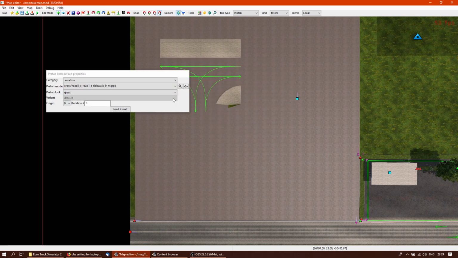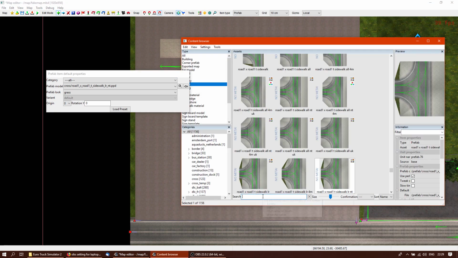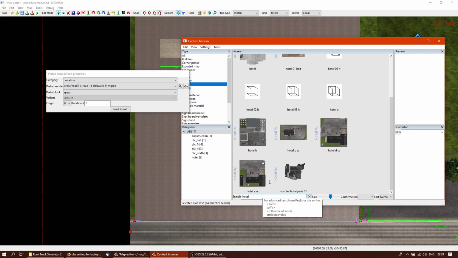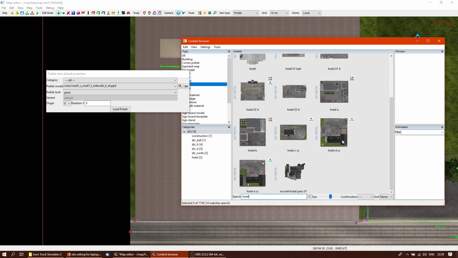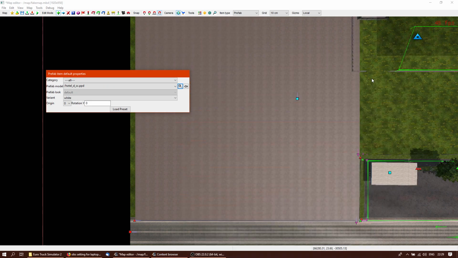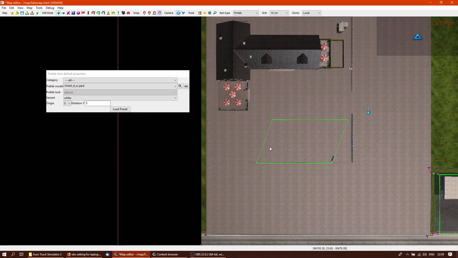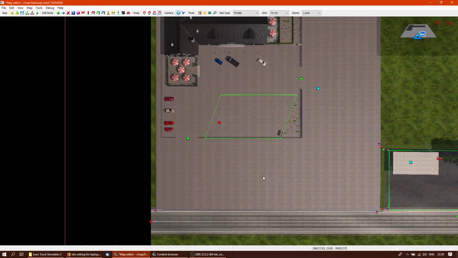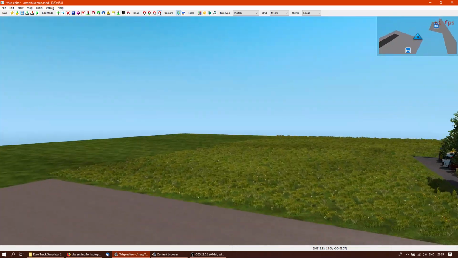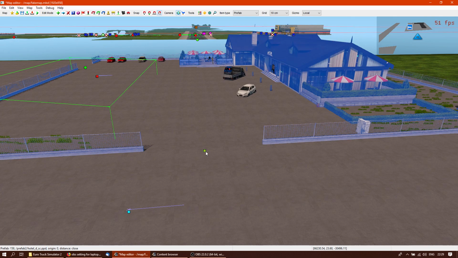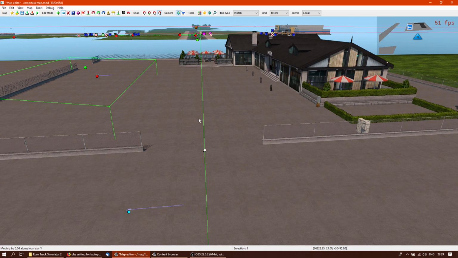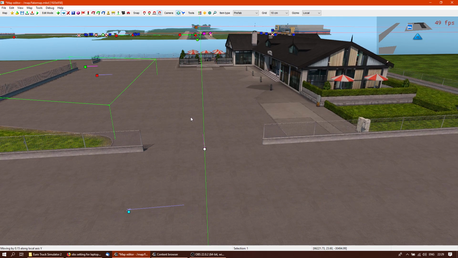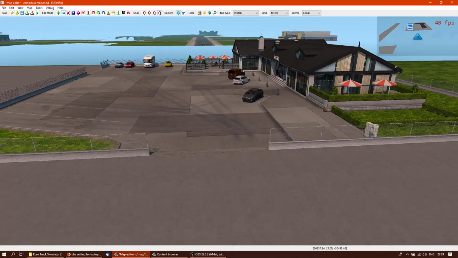Let's place, for example, a hotel, a prefab, because a hotel doesn't need a link to the main map because it's not a company. Hotel, and place it right here. Okay,